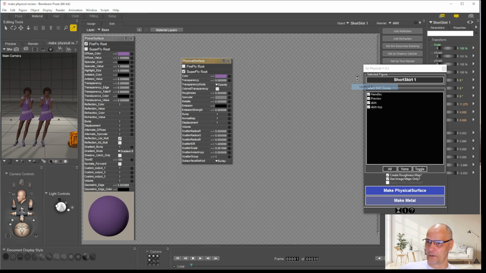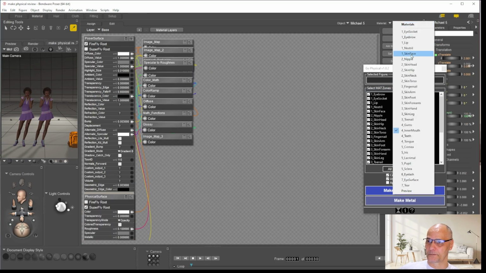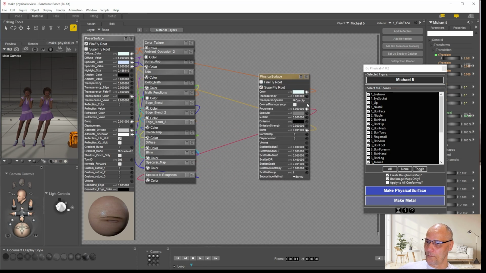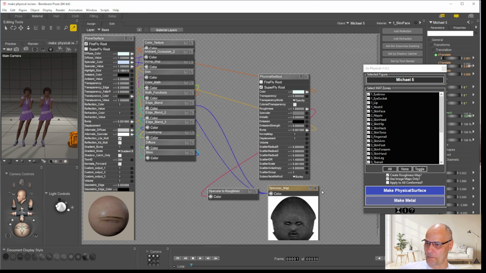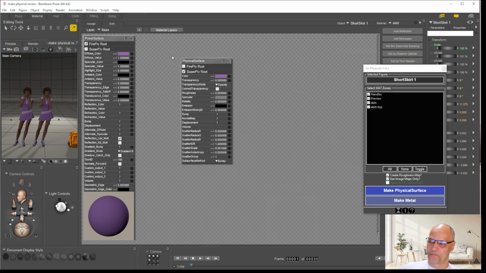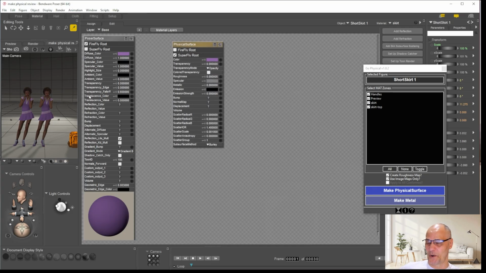So if I go to Michael 5 and I choose his face, we've got this roughness map here. If I follow this red, you'll see he's got a specular to roughness converter, converting this specular map. The specular map is the shine map. So when we come to the skirt, I love clothes that are just solid blocks of colour, although there's no texture to it, so that's kind of poor. But because there was no specular or bump map to convert into a roughness map,